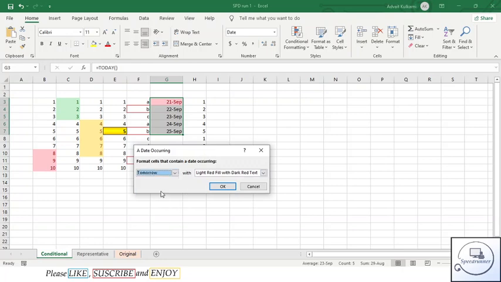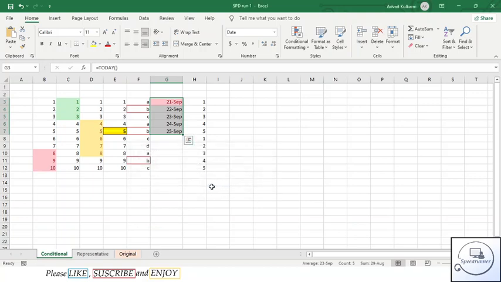Then we can see date occurring tomorrow, this week, next month, and many more. So I want today to be filled with dark text. So today is going to be filled with dark text.